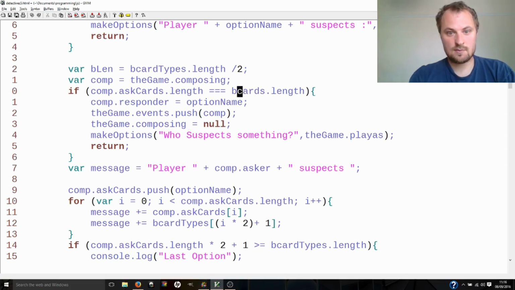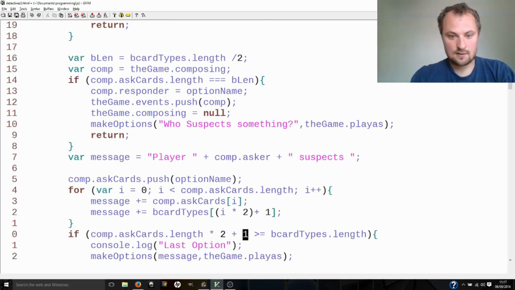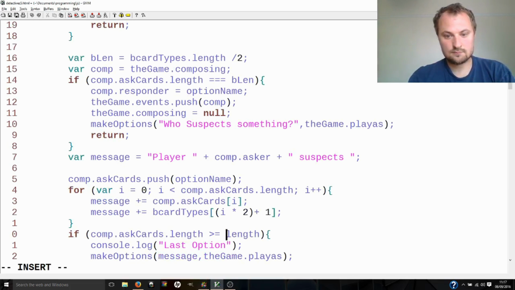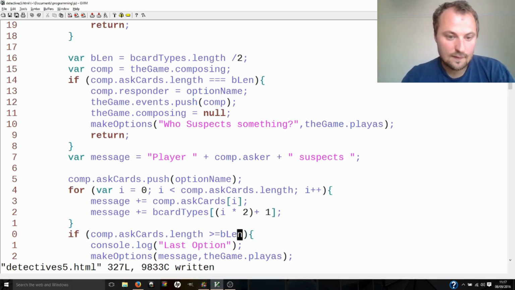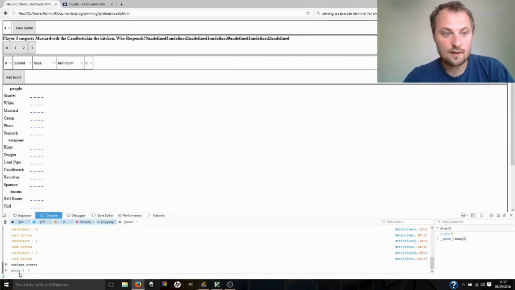And then we can replace this with blen. This should be blen as well. And if we go back,